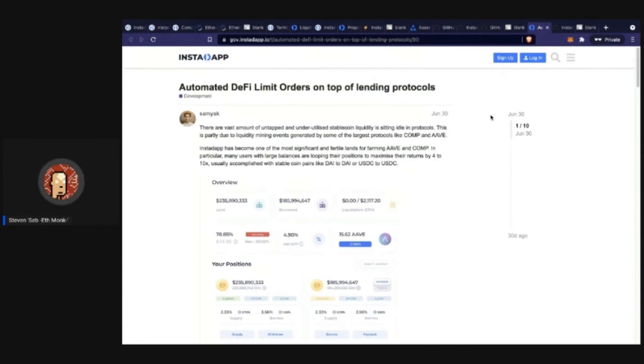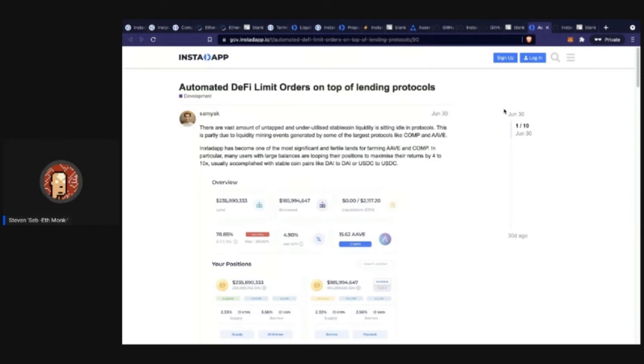One of the things that we're working on right now is automated DeFi limit orders, which is a mouthful. But essentially, you're going to be able to put the assets that you have in a protocol like Aave, for example, and while you're supplying Aave, also have those assets be liquidity for trades. And in this case, you would be doing a limit order.